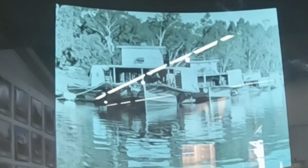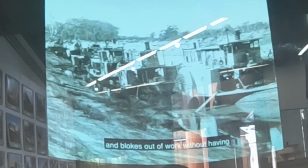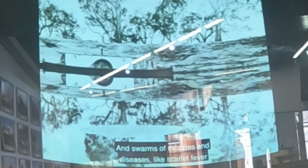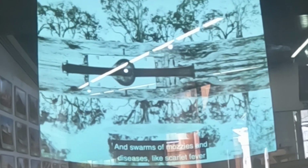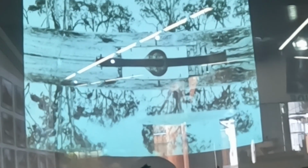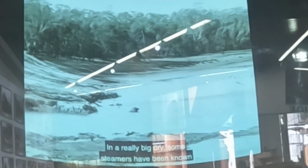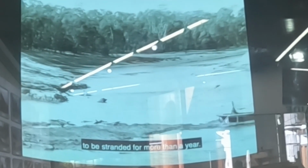Famine or feast here. In summer, when the river is low, the wharf comes to a standstill with steamers and their cargo stuck all along the river, and blokes out of work without having two bob to rub together. Oh, and swarms of mozzies and diseases like scarlet fever and typhoid making the whole place wretched. In a really big dry, some steamers have been known to be stranded for more than a year. I tell you what, if it doesn't rain soon, I swear I'll...